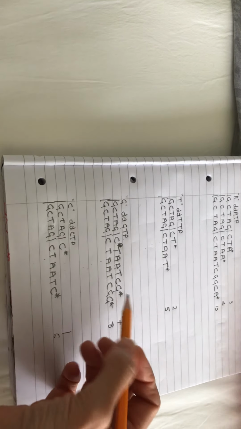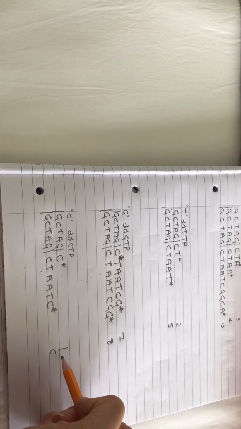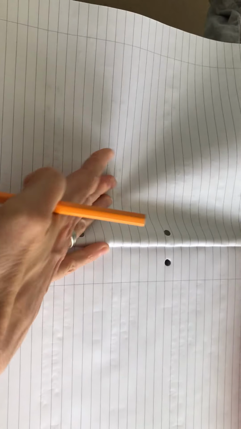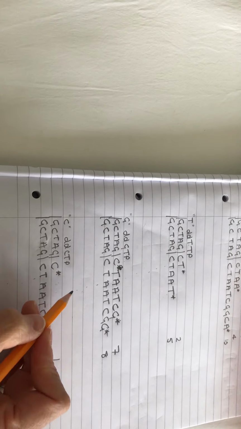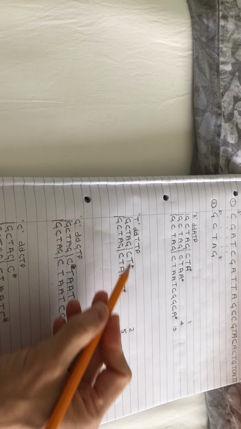On the final page then of the worksheet, what you now do is you write these out. You write these out in order, one under the other. Okay, so if we write the primer at the top. Okay, so there's my primer. I've just put my line all the way down. I'm going to look over. So the shortest one is a C. So I'm going to write C. The next one then is CT because it's got 2. I'm going to write that one